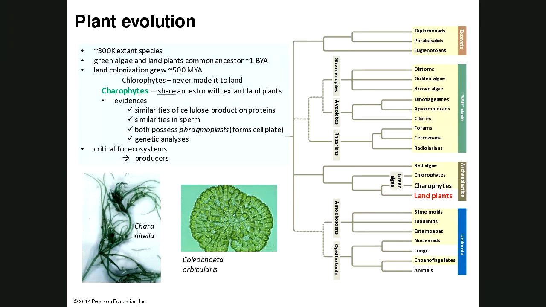300,000 extant species of plants. So this is a group of organisms, eukaryotic organisms, that have done quite well for themselves at 300,000 species. The first, now this is where we get into this whole idea of the polyphyletic or the paraphyletic nature